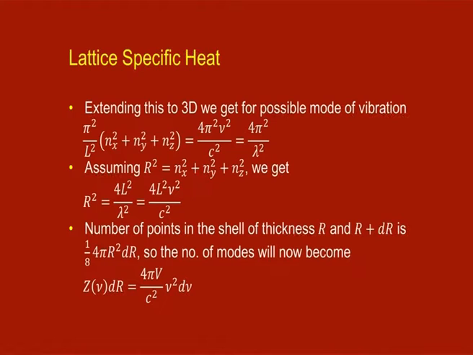So, the number of modes will now become z function of nu dr is equal to 4 pi v by c square into nu square d nu. So, this gives us the number of modes of vibration in a 3 dimensional solid. But